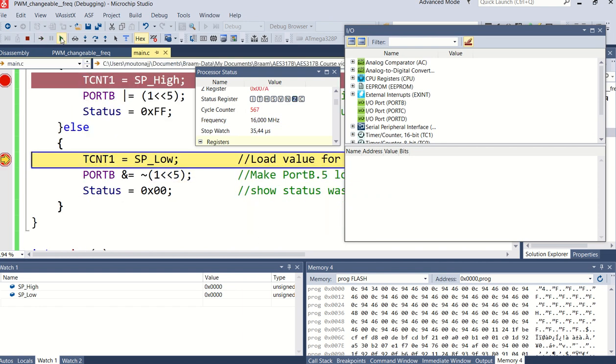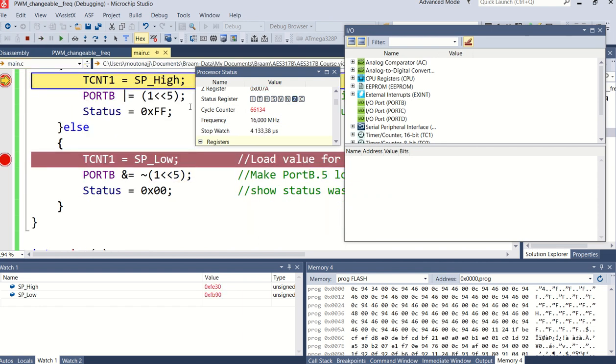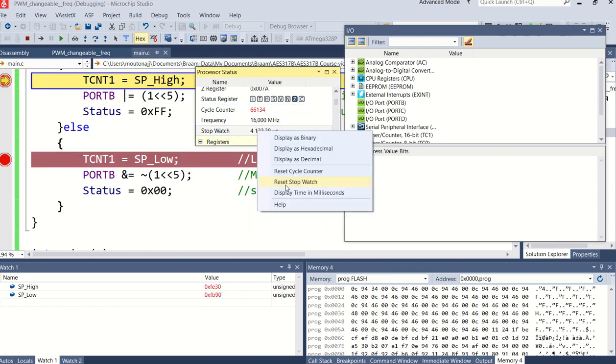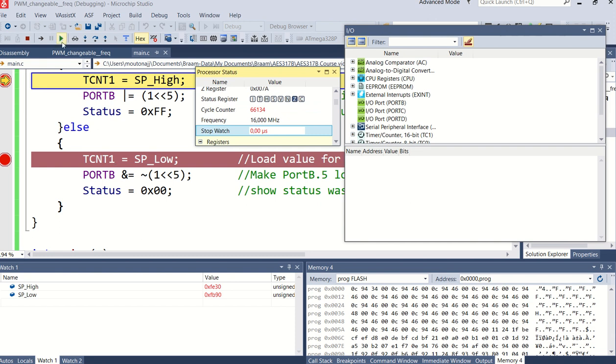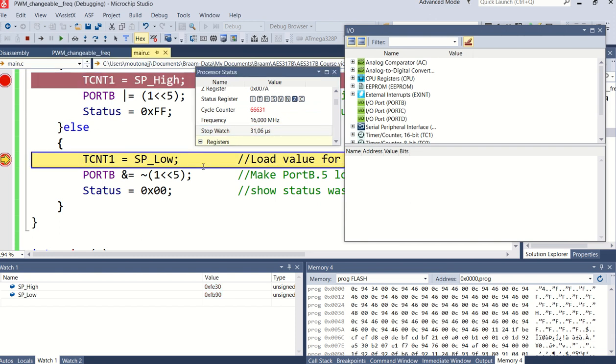Let me step one more time, reset the stopwatch here, and if I now run, you will see that my high time was actually 31 microseconds, which is a little bit higher than what it's supposed to be. It's supposed to be 29 microseconds, but you can make small changes in the formula in the program,